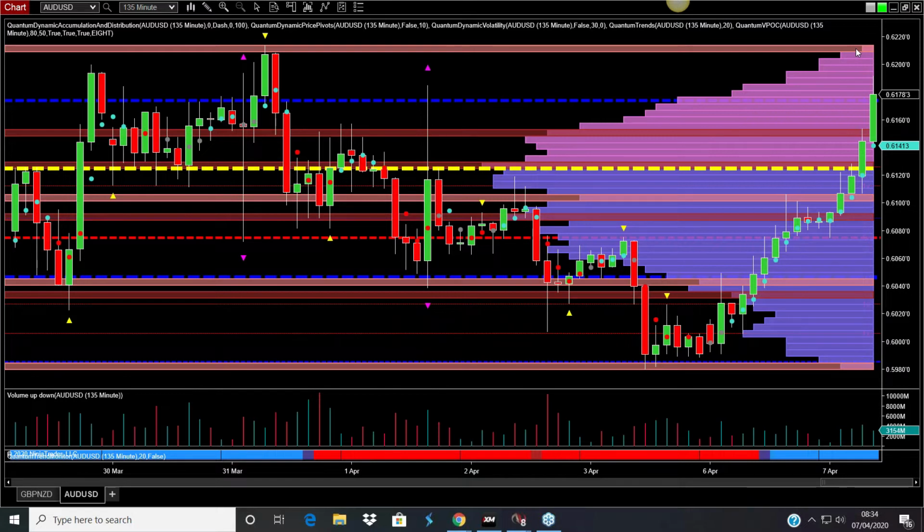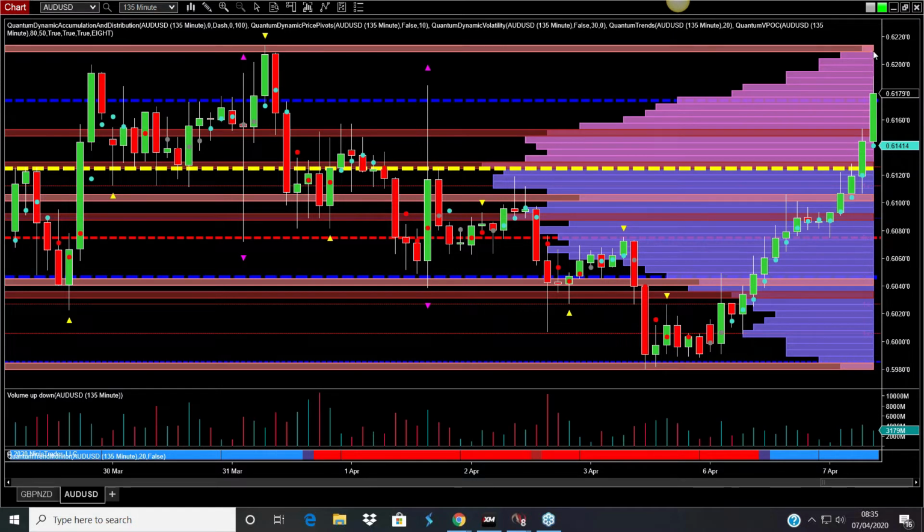And this is where support and resistance comes in. A massive part of all trading, and a massive part of volume price analysis as well. We have support and resistance based on price, which are these lines here, but we also have a volume-based support and resistance, based on what we call our volume point of control. And this is what we have here, because if we look over here on the chart, we can see in the past this is where this pair has actually reversed from. So I'm looking at 62, that's 62.20, maybe 62.10, and 61.780.